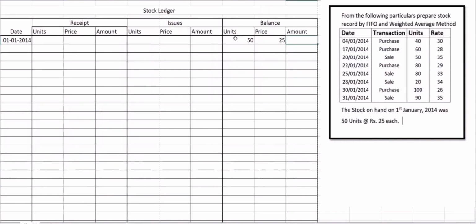So here, 50 multiplied by 25, it is 1250. Okay, next one is